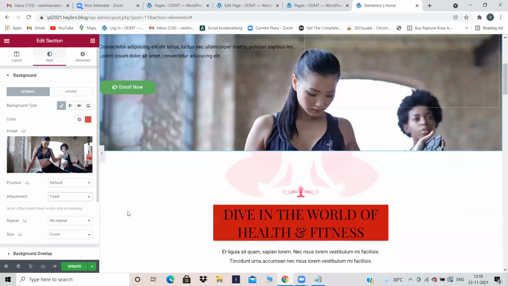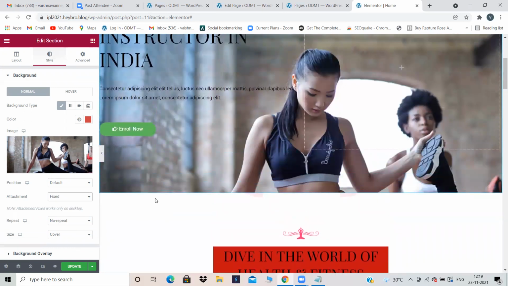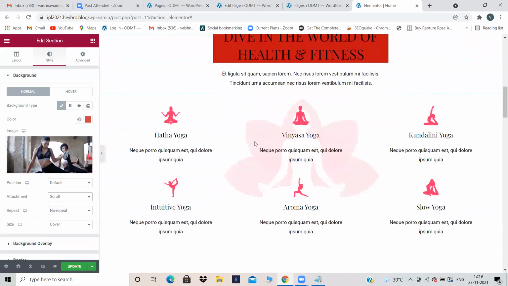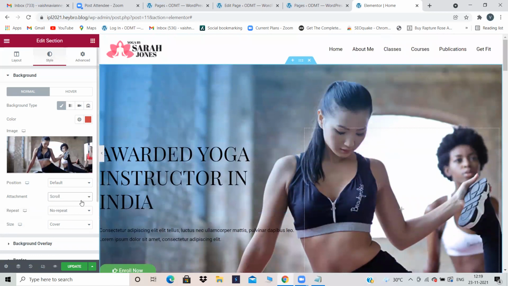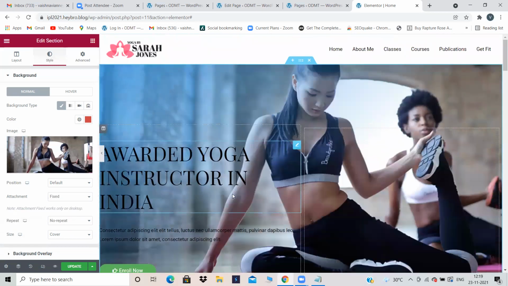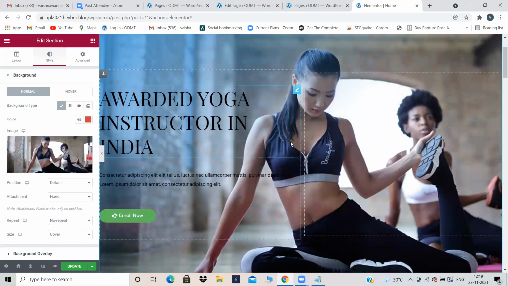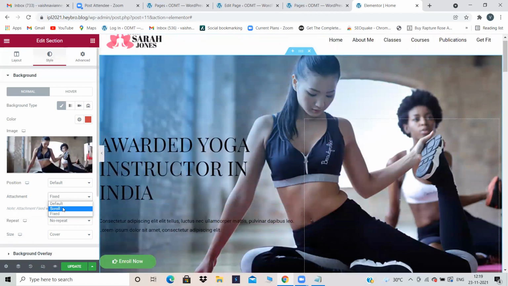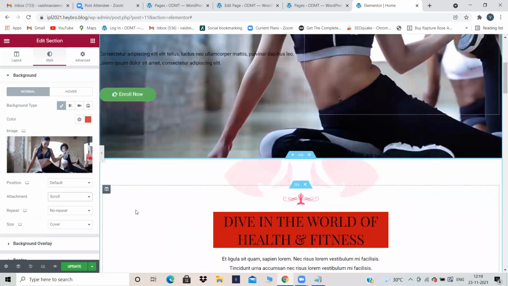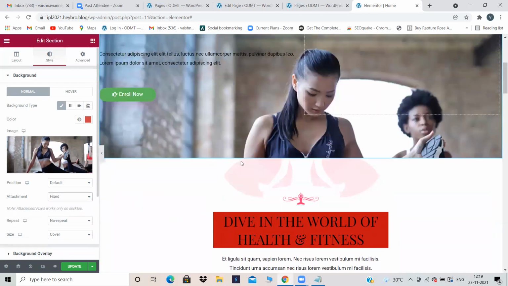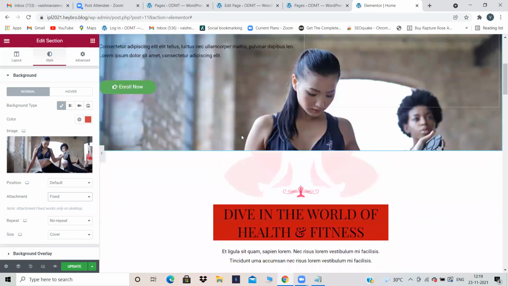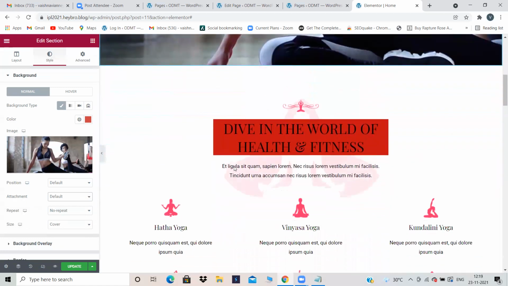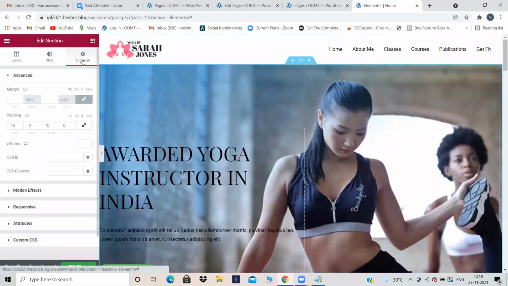And fixed. See, observe this option, attachment option. If I click on scroll option, that means if I'm scrolling, then that image is also going. But if I click on fixed option, image will be fixed. Image will not go anywhere. Only the content will be scrolled. Are you observing? Before it was not like that. If I scroll, image also is scrolling. But here, if I click on fixed, only the image will be fixed, but only content can be scrolled. It's up to you, whatever you want to choose, you can choose. And advanced options, let's see what are advanced options.